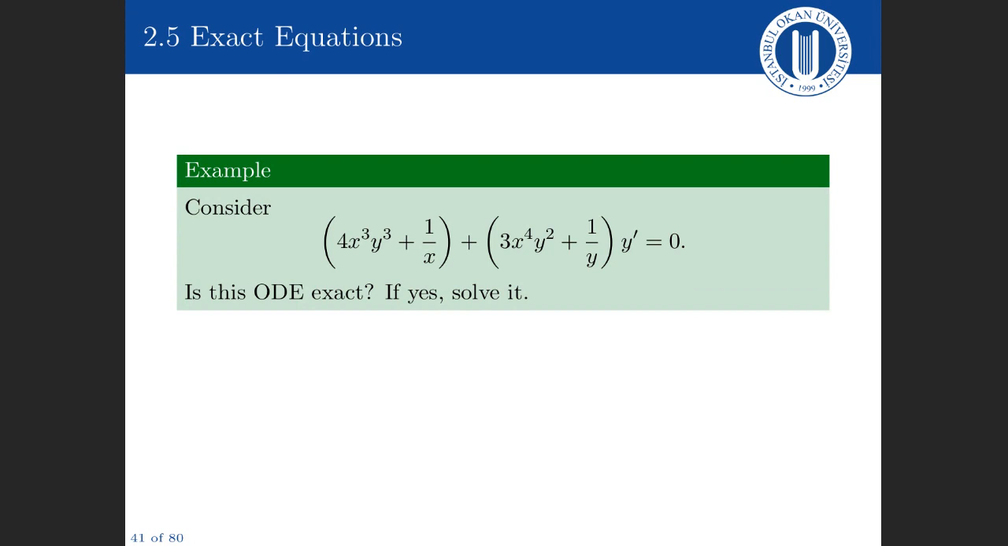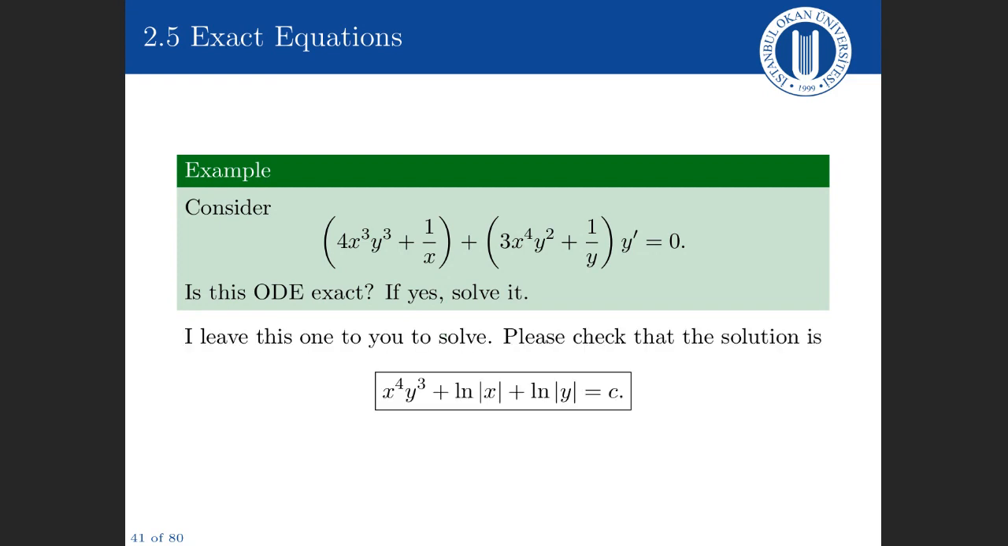Consider (4x^3 y^3 + 1/x) + (3x^4 y^2 + 1/y) y' = 0. Is this equation exact? And if the answer is yes, solve this equation. I'm going to leave one for you to do. I want you to check that